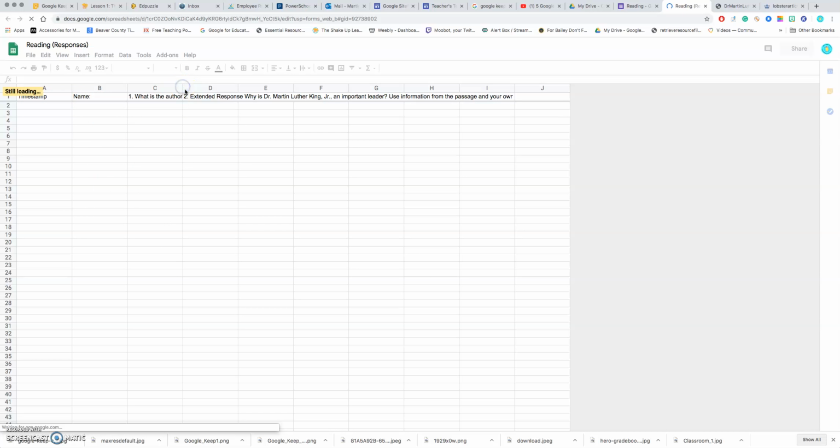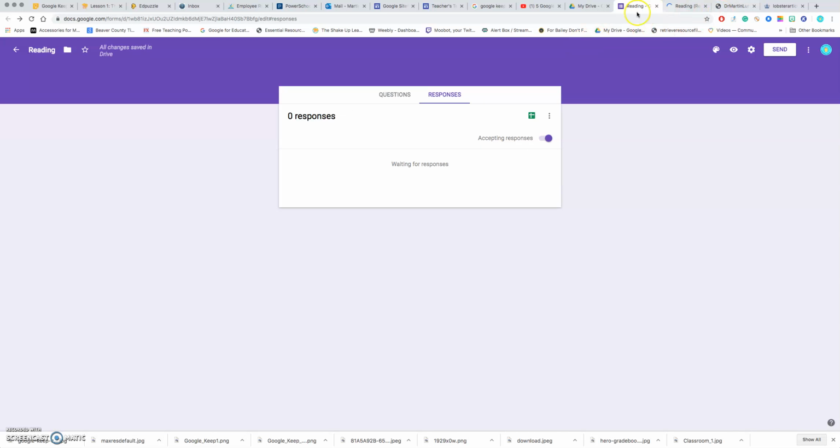Now you can edit this and pull these. It's still loading here, so as soon as it finishes loading, you can stretch these and wrap these so that you can see the questions more easily. Apparently this isn't going to load quick enough, so this is something I will obviously put into another video. So I'm going to go back to my Google form,